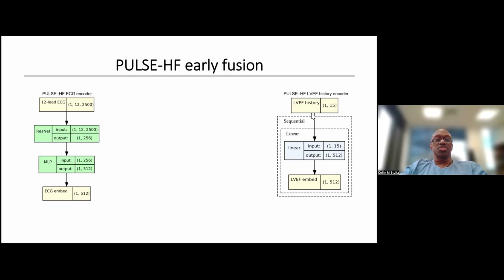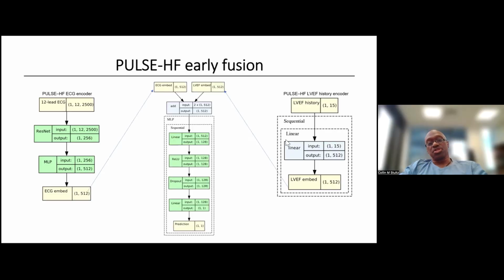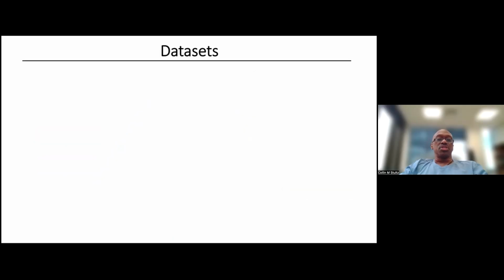And typically we use some summary statistics here for these. But the point is clear. There are some numbers from the electronic health record, the prior EFs. There is the actual ECG signal. We combine these together, put them through some MLP, and do some of the standard things to get your final prediction.